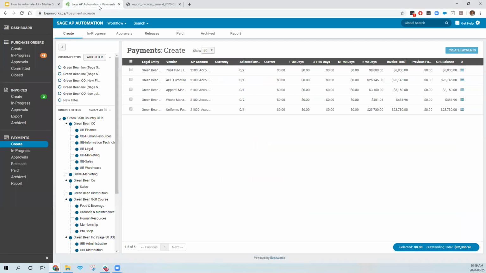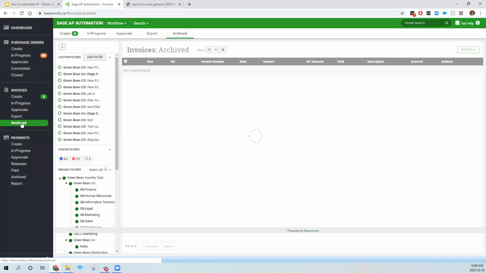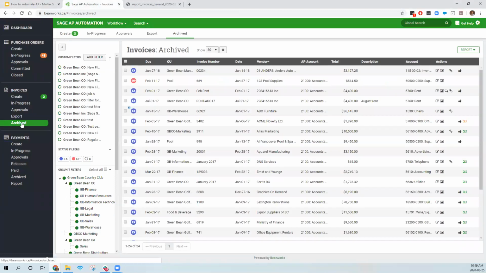I'll jump us back into the software here to show you what that looks like. So again, if the question is whether you're not using Sage API automation for payment, will you be able to see if it's been paid, or is that just left outstanding? We'll jump into the invoice archive tab here. These are the invoices that we've already pushed back into Sage. And we'll be able to see here on the right-hand side, sorry if it's a little bit small, some of